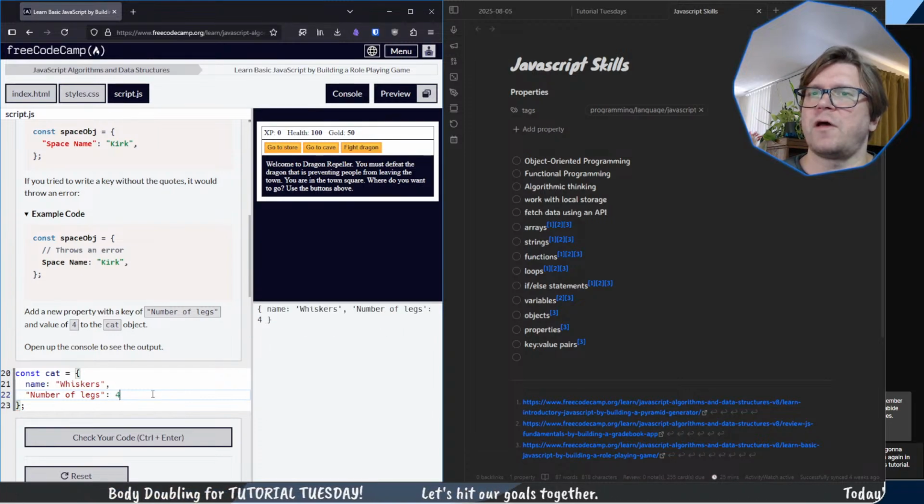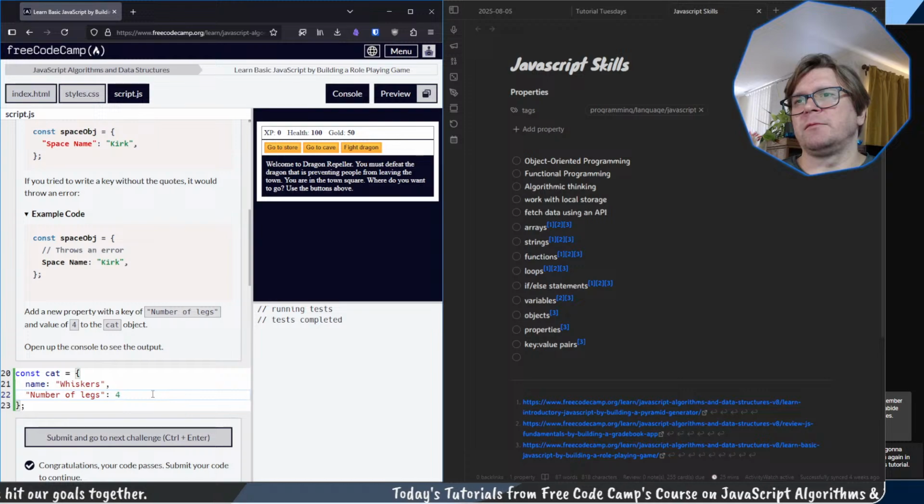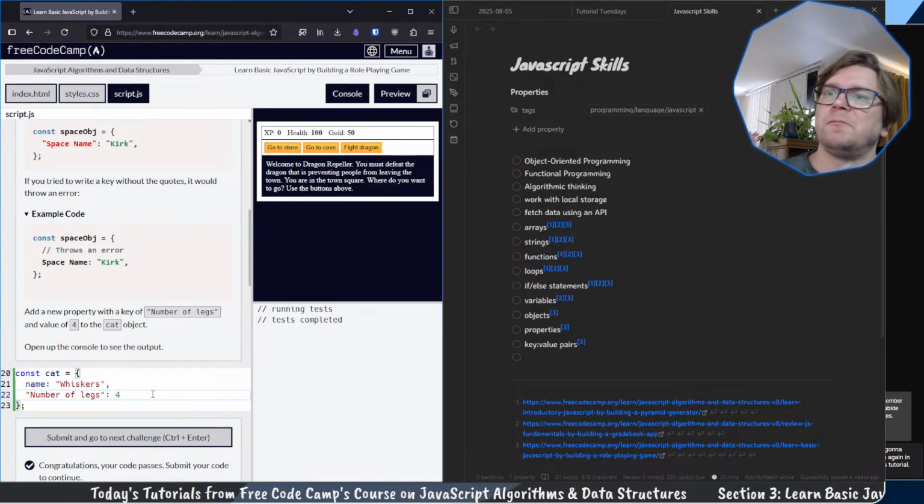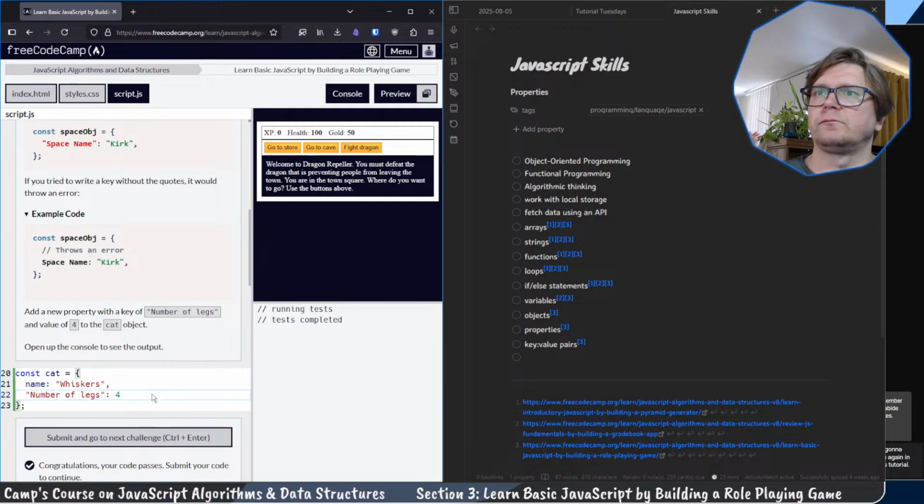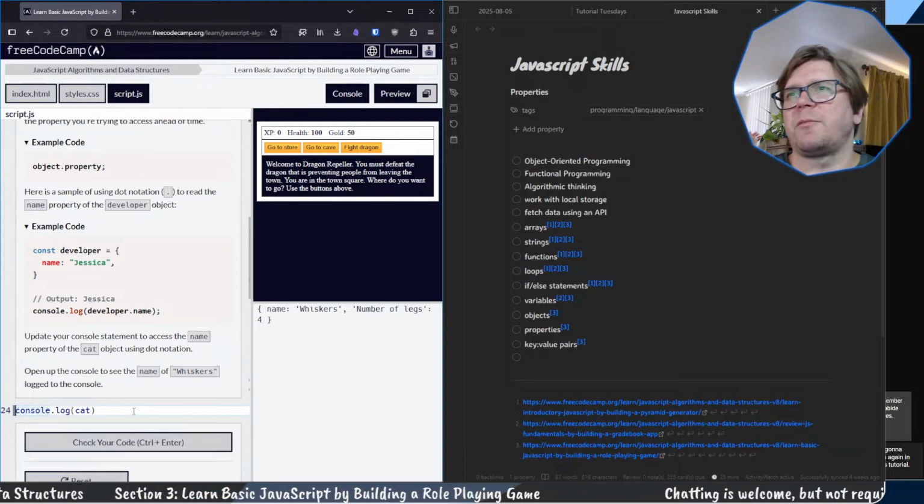Because otherwise, it ends up looking a little messy, I think. I feel like it does. I'm not sure. I don't know what the style is like. Does JavaScript have like a